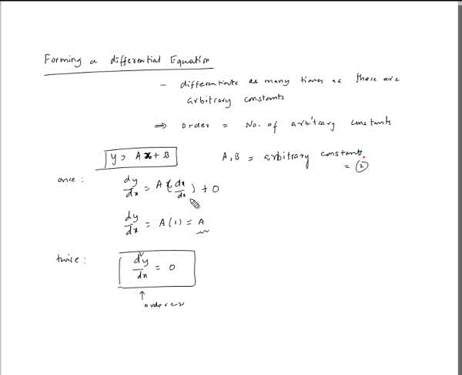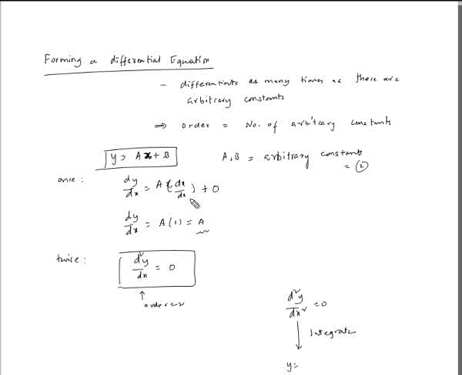So this is a general thing. Order is the number of arbitrary constants. Or if you look back in a reverse way, if you want to solve this and find out the complete solution, what I mean is that if I take d square y by dx square equal to 0 and just integrate it twice,